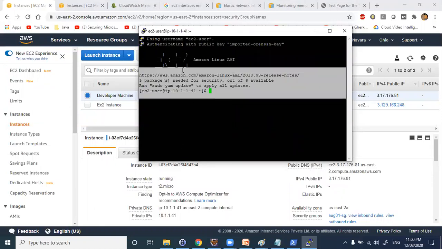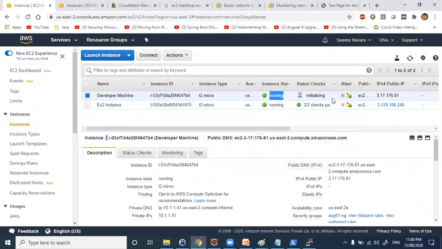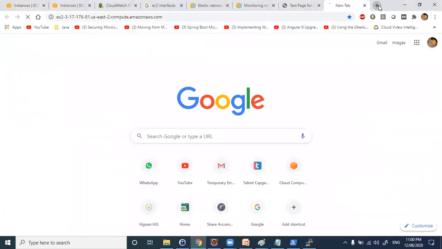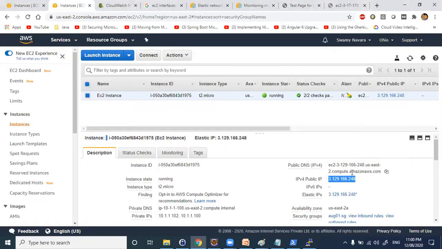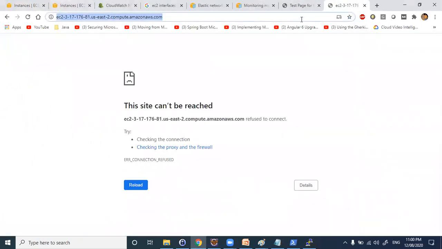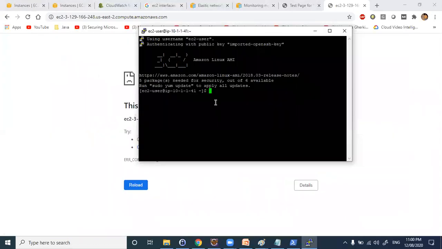So if you see here, the machine is up. So we have not installed any software. So even though if you not install, so just try with this IP. It may take some time to install the software. So just give some around 3 to 4 minutes. Meanwhile, you can check in this machine whether really Nginx server is installed or not.